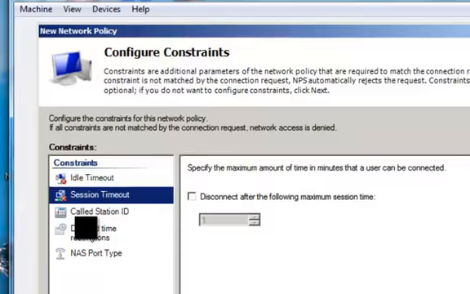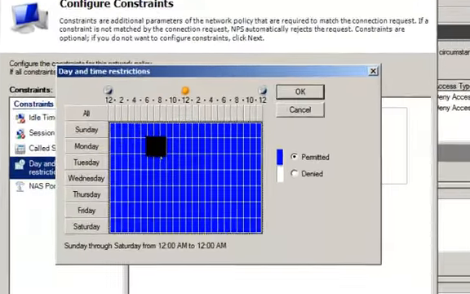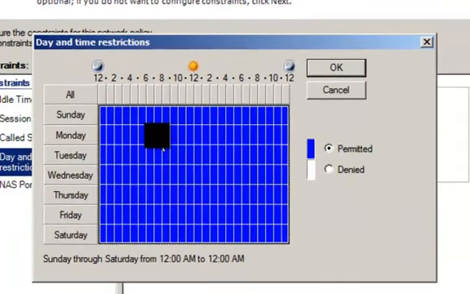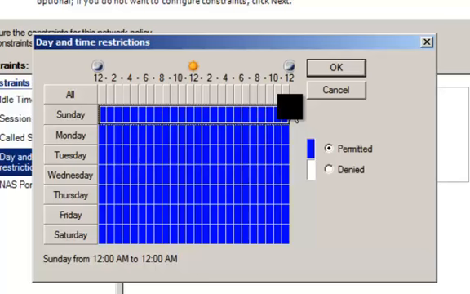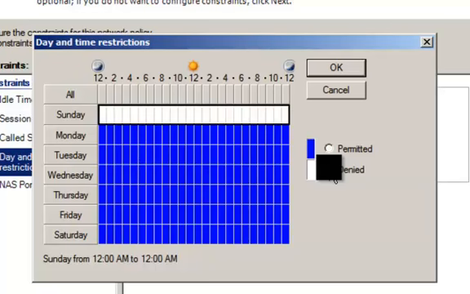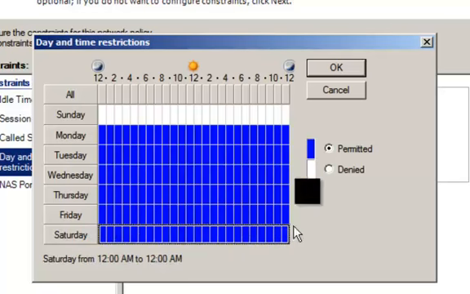We're just going to jump to this one here to make this video short. Day and time restrictions. With this feature you can edit the days and times in which you want the user to be on the internet. Say you want the person to be on Monday to Friday. You could highlight the Sunday, drag it, then hit deny, so they won't be on Sunday. And you could do the same for Saturday, drag and hit deny again,